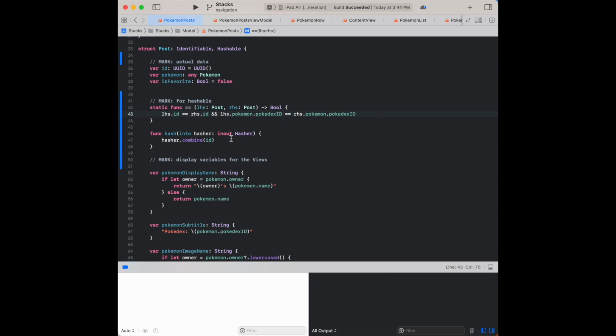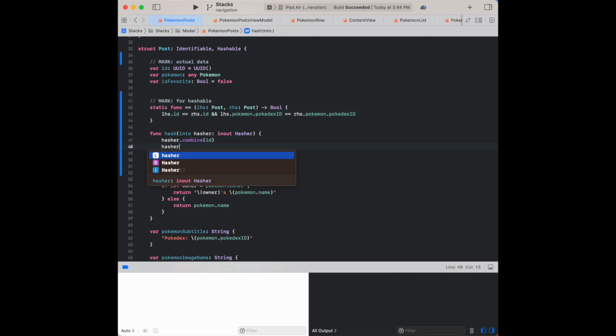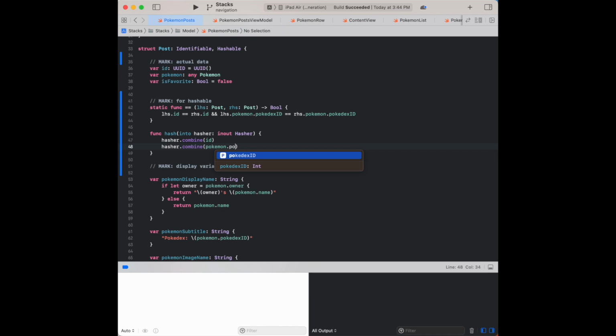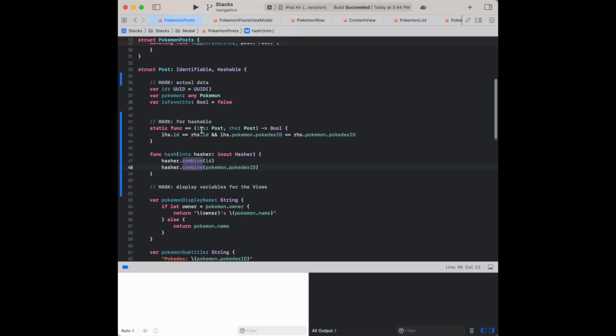Well, if you add this, then you would also want to add hasher combine, and you would say Pokemon Pokedex ID, something like that. So the point being that this equatable and this hasher should match. Now, in our case, we don't want that. That would probably mess up the logic, because we want each post to be unique, even if